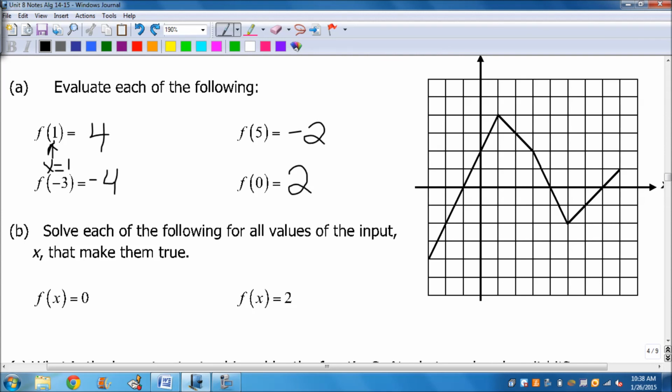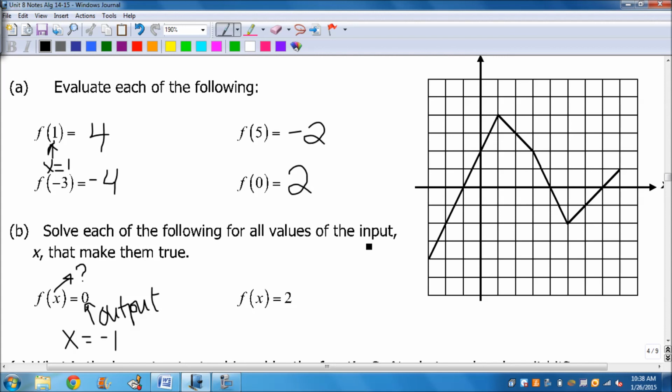Solve each of the following for all values of the input x that make them true. So here I have my output this time. It tells me that f of x, or my output, is 0, and I don't know what my input is. When does this occur? So this time I'm going to look for my y values being 0. So where is y equal to 0? Right here, y is equal to 2. Right here, y is equal to 4. Over here, y is equal to negative 2. So y equals 0 when x is negative 1,